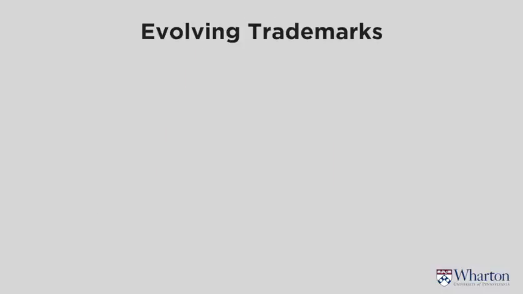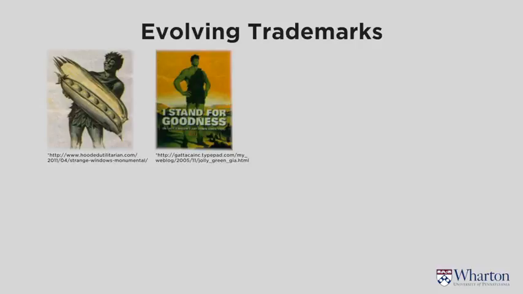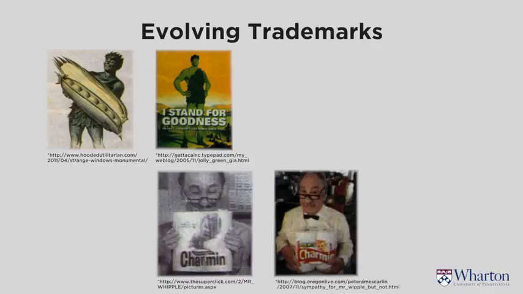Okay, and then I can show you some examples of evolving trademarks. Here's the Jolly Green Giant that was kind of out of date. And they made a new Jolly Green Giant that was fitter, more athletic, taller, stood up straighter, and looked more like a modern, I guess, giant. Then there was Please Don't Squeeze the Charmin. And they updated that packaging, updated that spokesperson to look more modern.